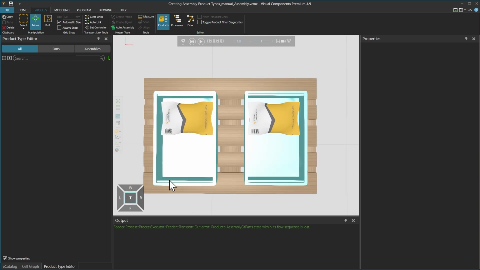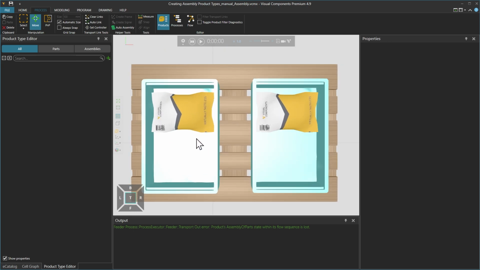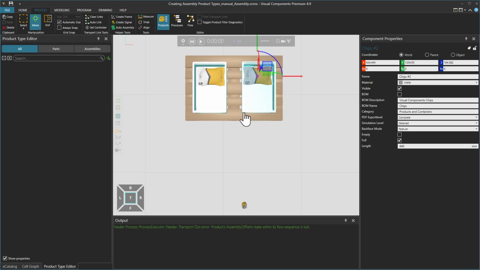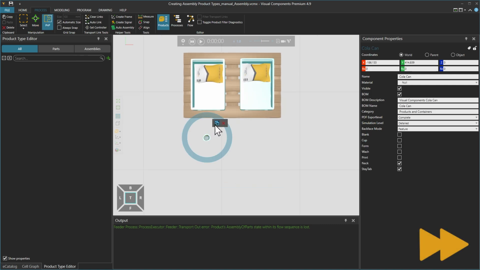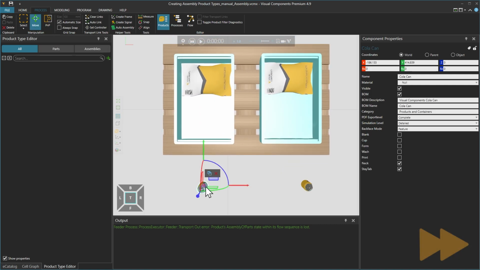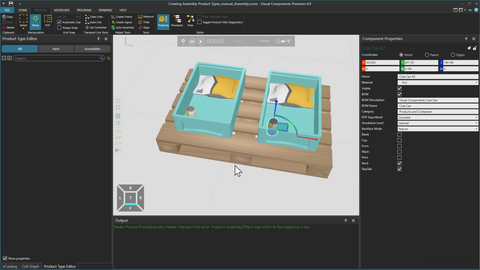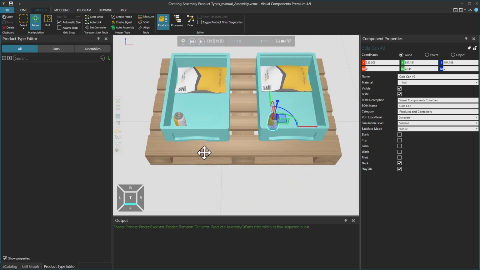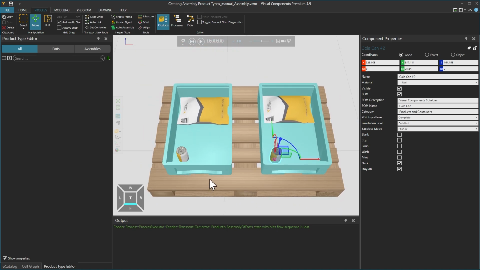We can use the top view to check the placement of things. This looks good. And repeat the process again for the cans. So let's say this is our product, which includes a pallet, 2 boxes, and products inside the boxes.